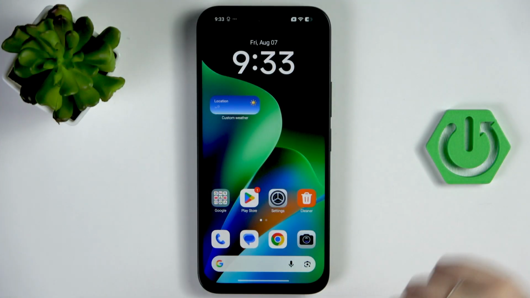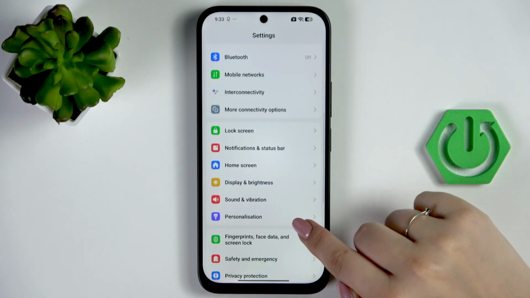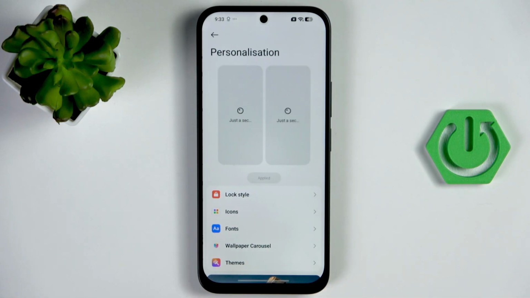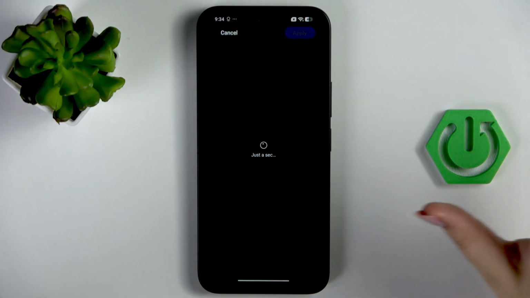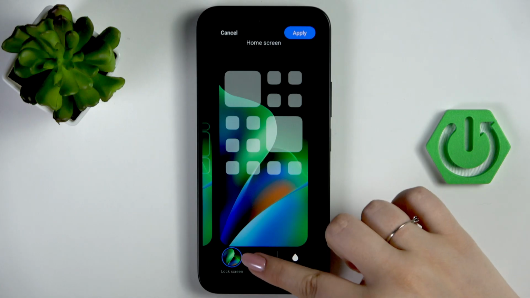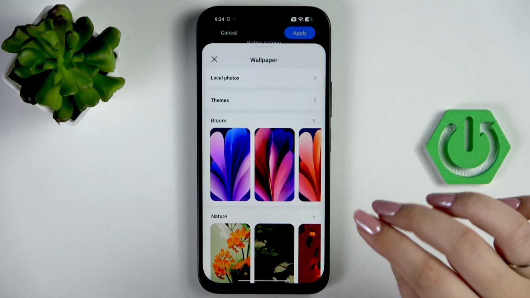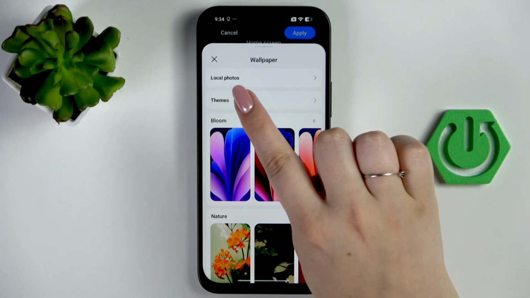So let's begin with opening the settings, and here we need to scroll down and find personalization, so let's tap on it. So here at the top we've got the preview of the lock screen and the home screen, and if you want to, you can simply tap on custom here and you will be transferred to this section, and you can tap on select, and here you've got different albums, so you can choose the wallpaper from your own